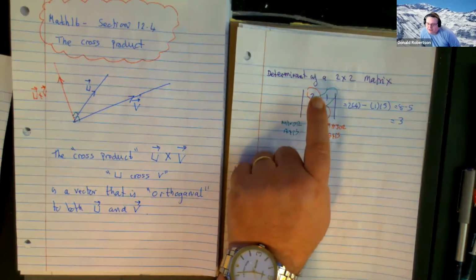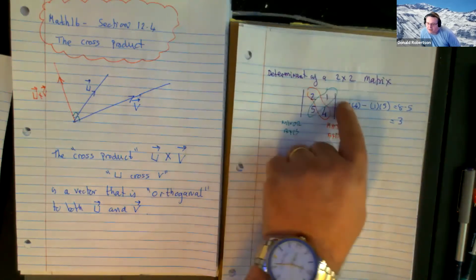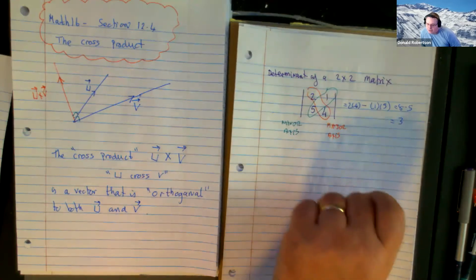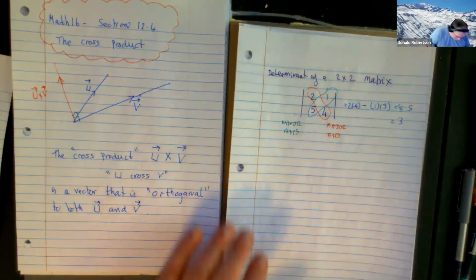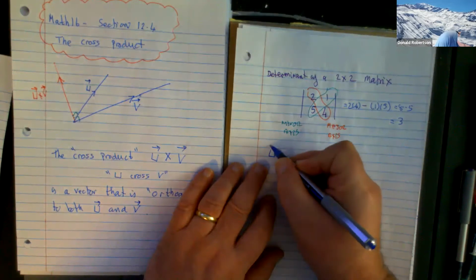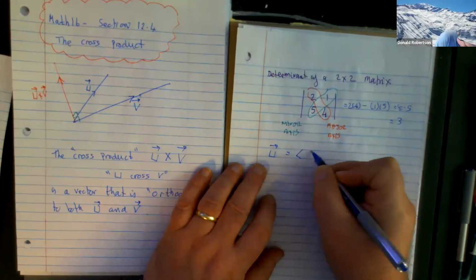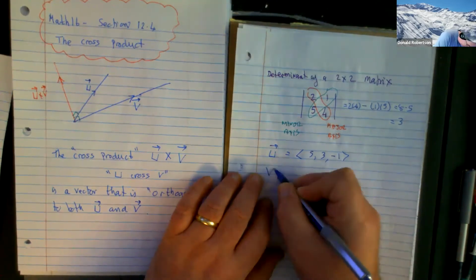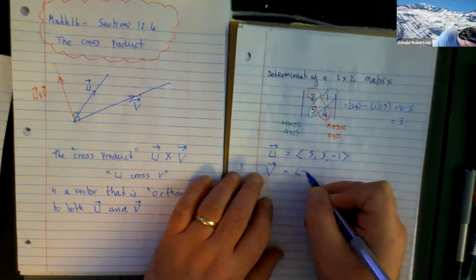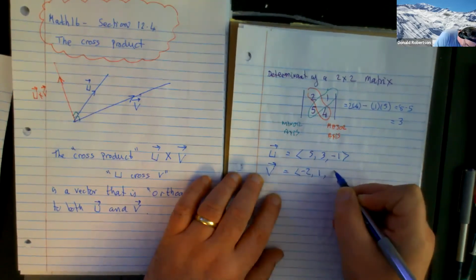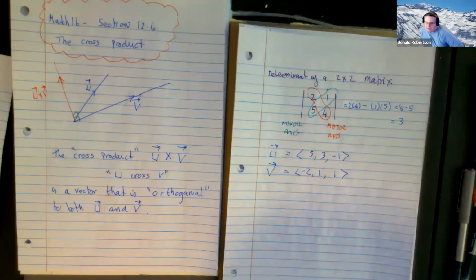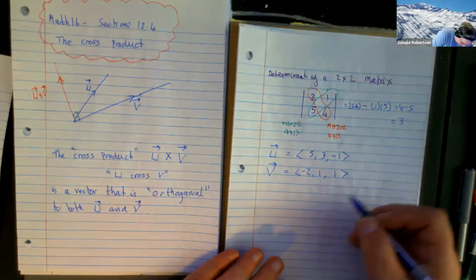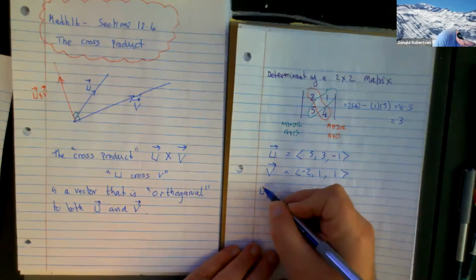We are going to find that this fella, the little 2x2s, is going to be helpful in getting the cross product. So here is our question. U is 5, 3, -1. V is -2, 1, 1. Two random vectors, nothing special about them. To find the cross product,